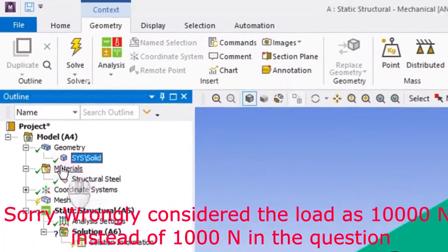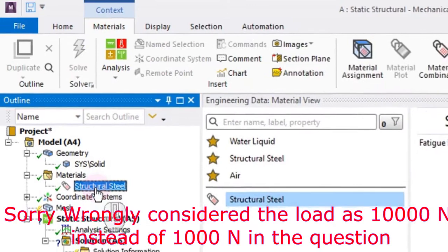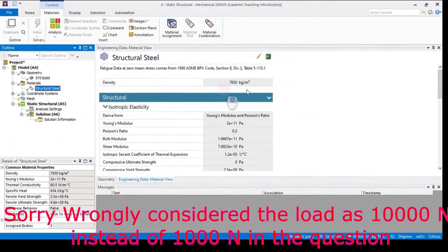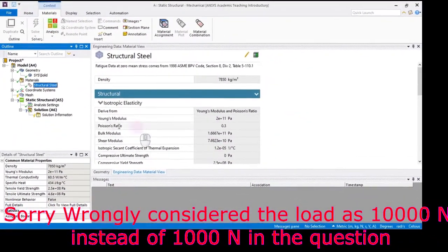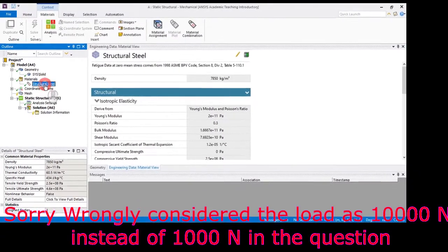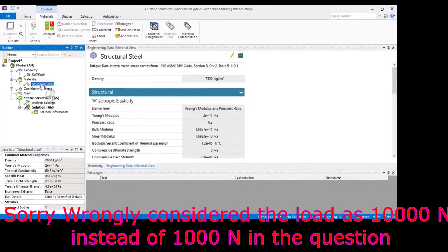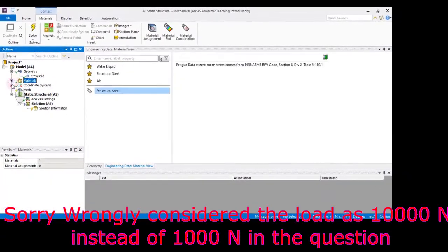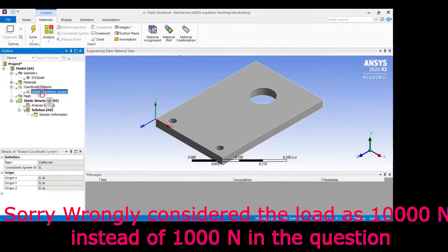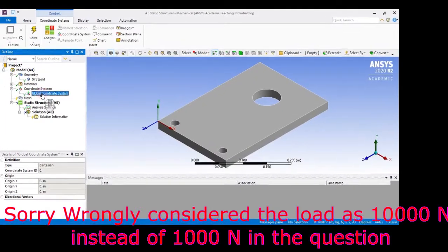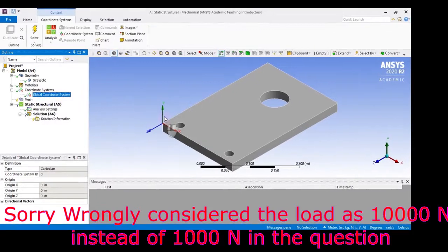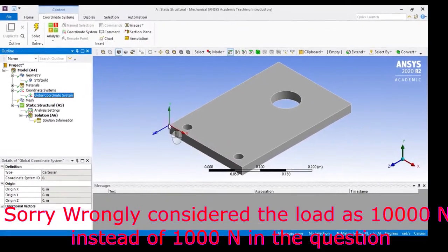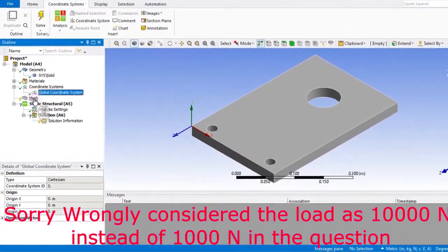The next is the type of material. So I'm using structural steel here. You can see what data is available for this structural steel by clicking on it. Next, it shows the coordinate system, where your coordinate system is located in terms of X, Y, and Z. Then meshing.